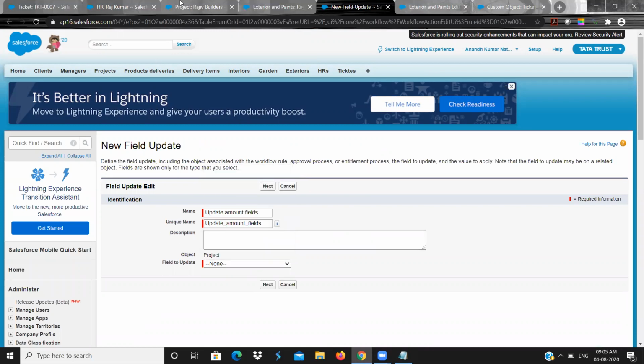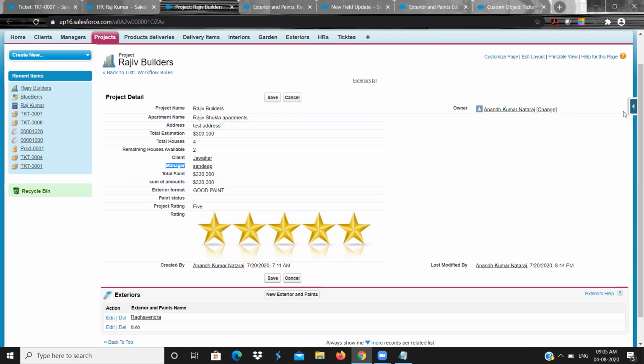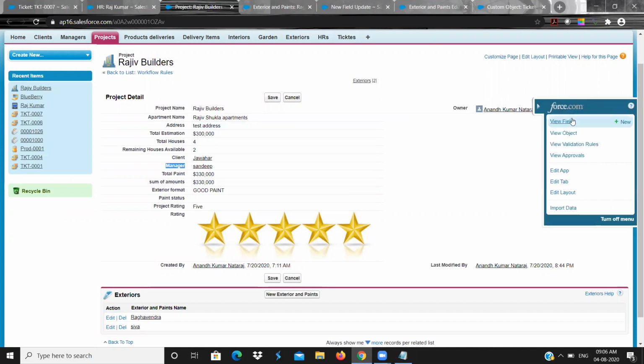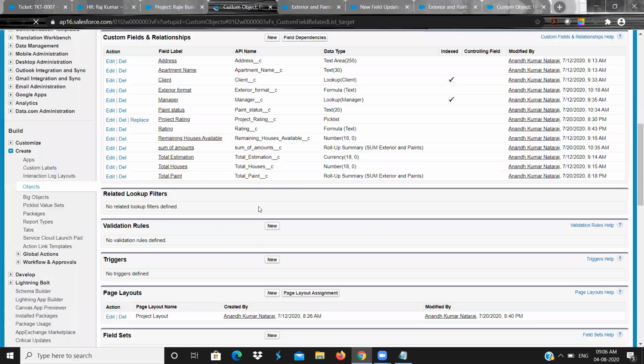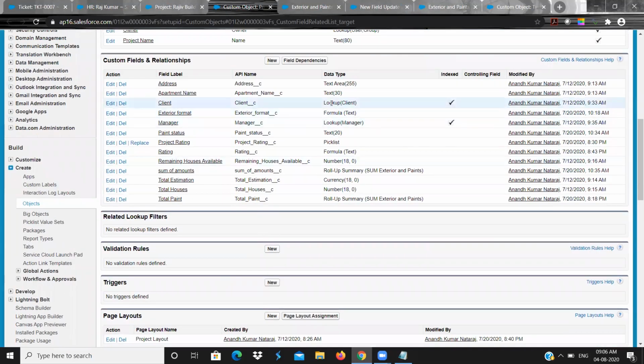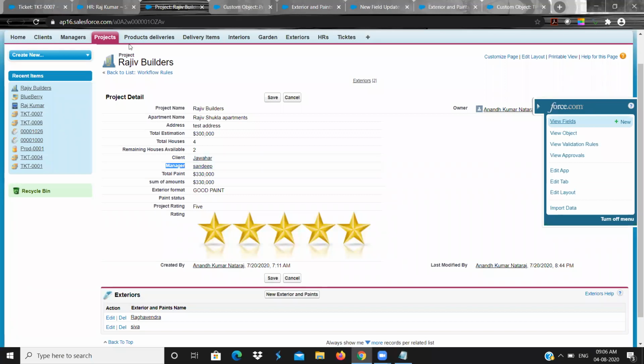Why? Because go to the object and go to fields. Now here it is a lookup. Just for explaining, I'm making sure that all the records have the field populated.